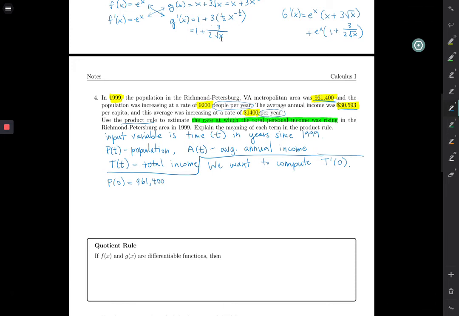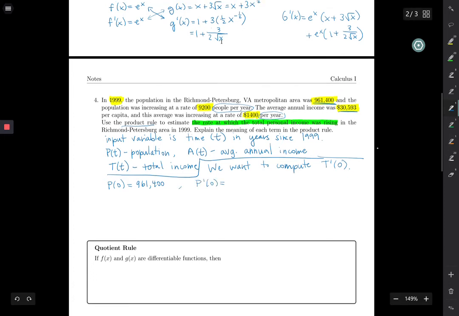And we are told that this population was increasing at a rate of 9,200 people per year. So that means that's the rate of change of the population at time 0. So we also get that P prime of 0 is equal to 9,200, right? Okay, and the average income, we're told that in 1999, so at time 0,